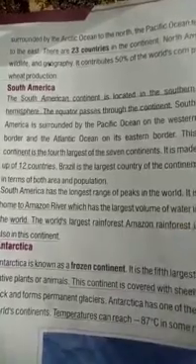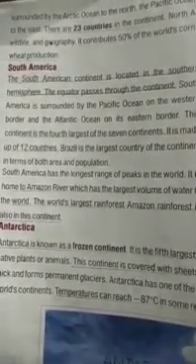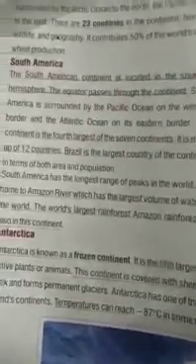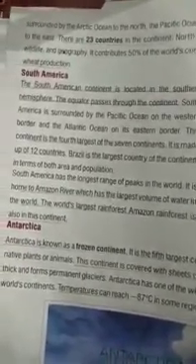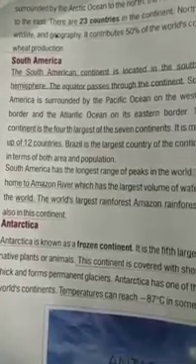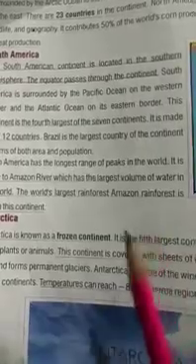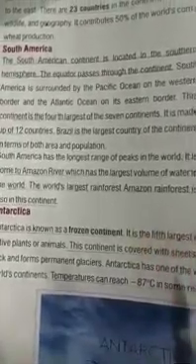Many peaks are present in this region. The world's largest rainforest, the Amazon rainforest, is also in this continent. Okay, students? Underline these important points. Make sure you have a sharp tip of pencil and a scale also for neat underlining.